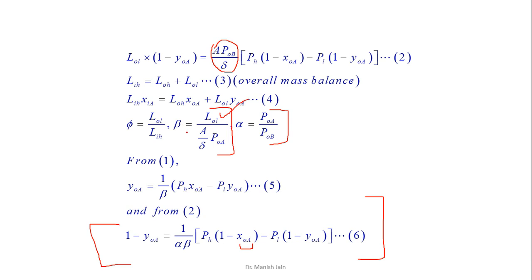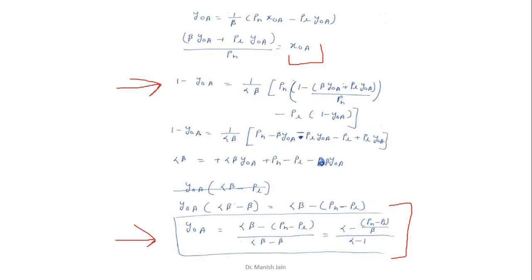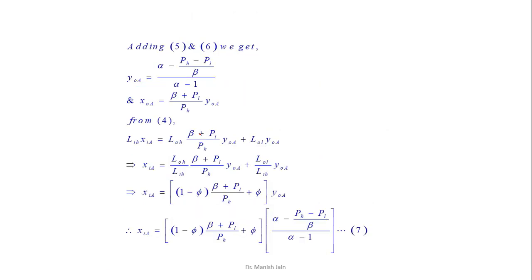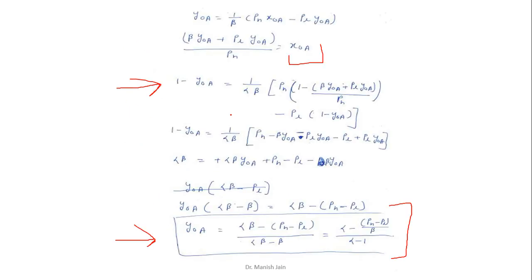So beta basically represents a function of stage cut and the membrane area. Now once you know the value of YOA as well as the value of XOA,